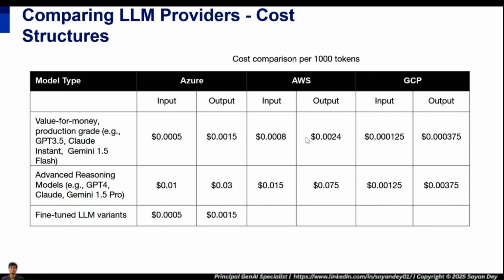But very interestingly, for these language models, the cloud services and also the respective providers like OpenAI, Anthropic, they only charge you based on usage per 1,000 tokens. Generally, there can be other structures also, but generally the costing that we see is per 1,000 tokens. This is the indicative chart that I've given you. You can see that inside Azure, the advanced reasoning models, let's say GPT-4 and all, the input token cost is separate, the output token cost is separate.